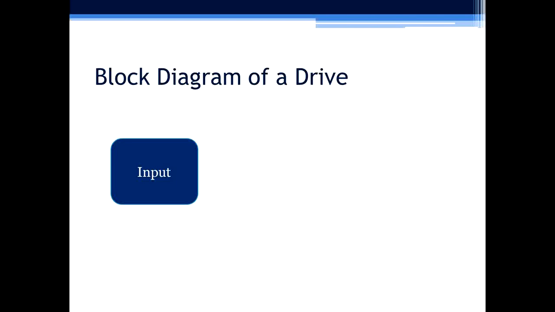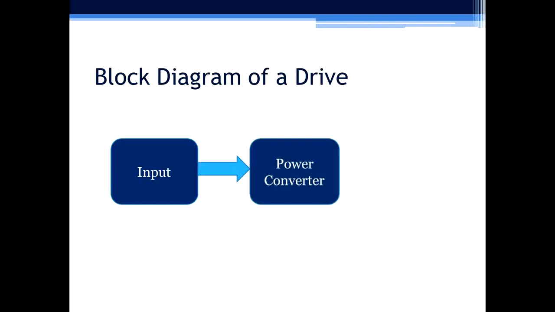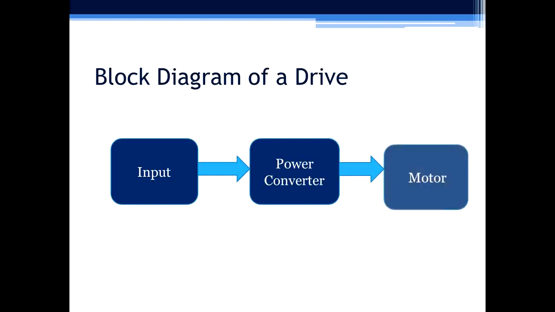Let us understand what a drive is. In industrial applications, we have a load, and in order to drive that load, we need some control mechanism. That control mechanism is called a drive. A drive has three parts. First one is the input source, which can be AC or DC. Then we need a power converter module, which will process the input power as per the required voltage to get the required speed and required torque. And finally we have a load.